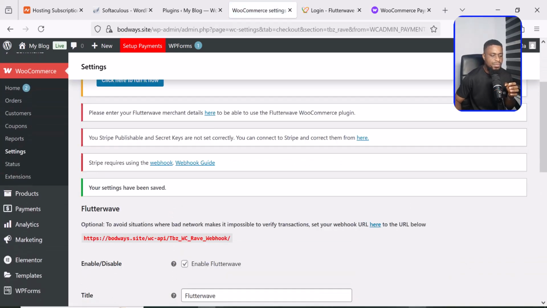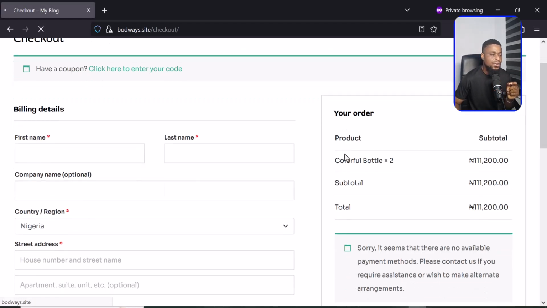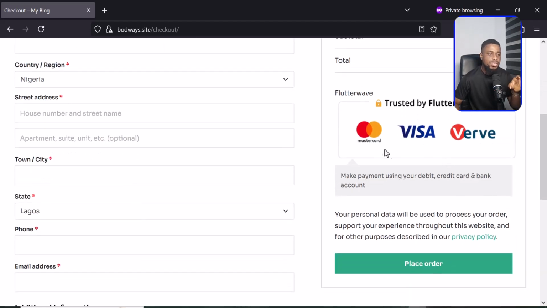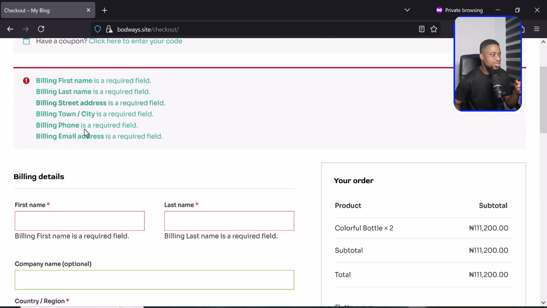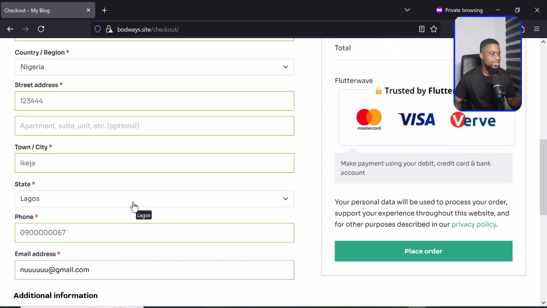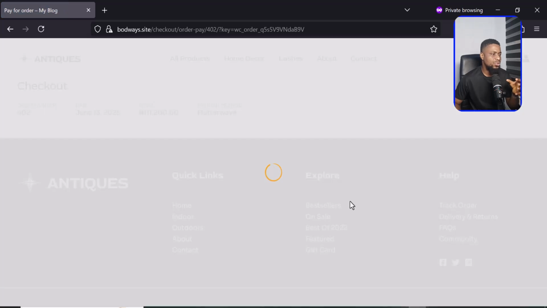If I come back to our checkout and refresh this page, then we should have Flutterwave that people can use and pay. As you can see, we have Flutterwave, and they can use it to securely make this payment. If they want to place their order, they just have to fill out this information right here, and then they can pay. Let me fill this out so you see how it shows to the end user. I just finished filling this with some dummy information. If I come to place order now, I should be able to find different options that I can use to pay securely using